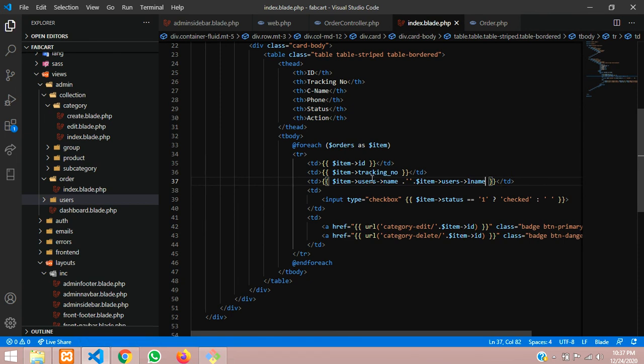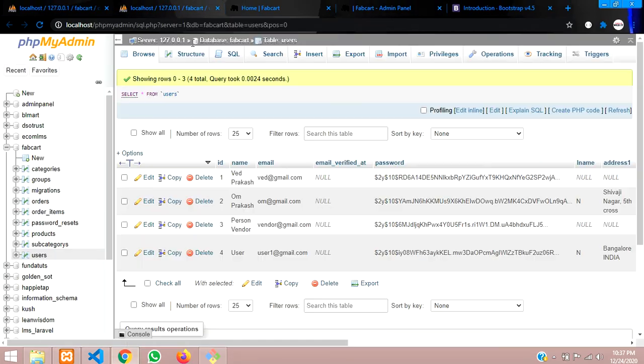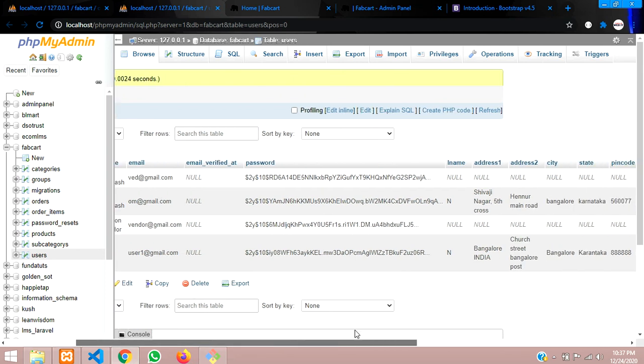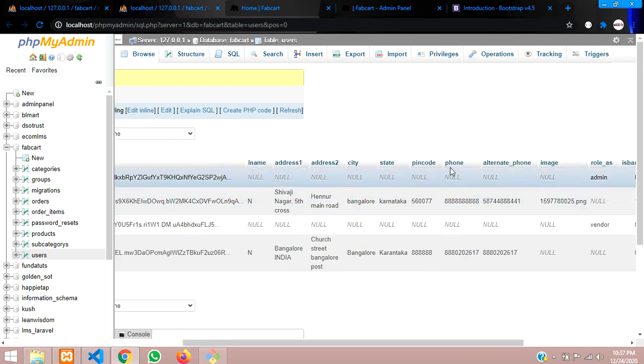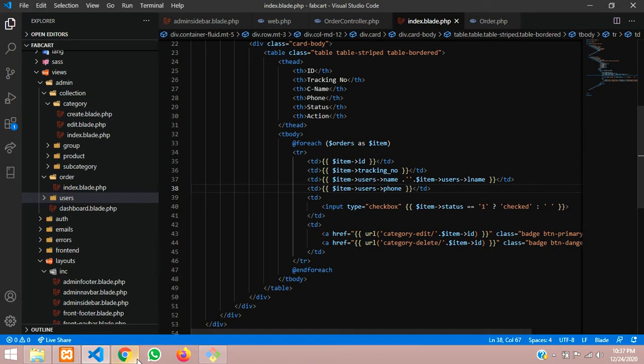Save, and then one final thing, which is the phone number. So let us get that phone number also. What is actually there in our database in the user record, you can see it is phone. So let us just type phone. Done.